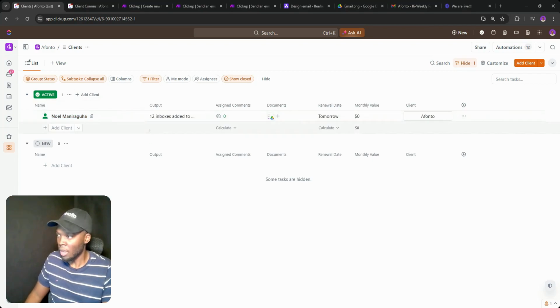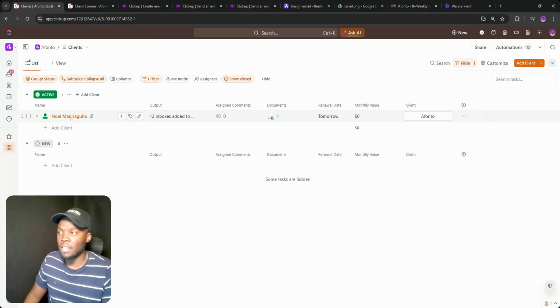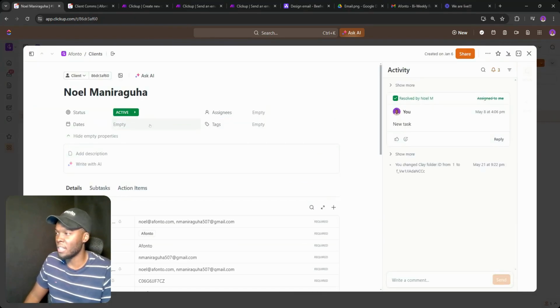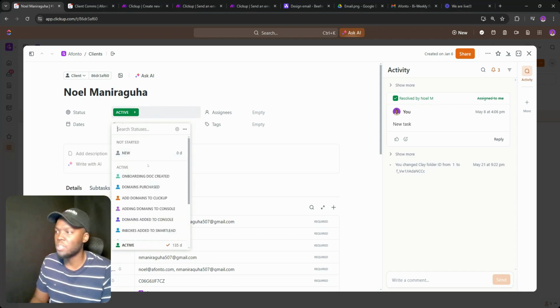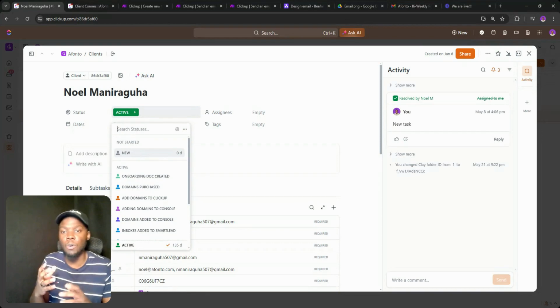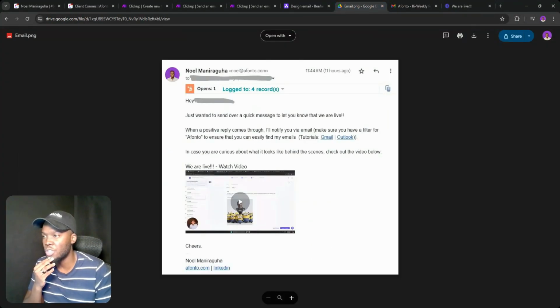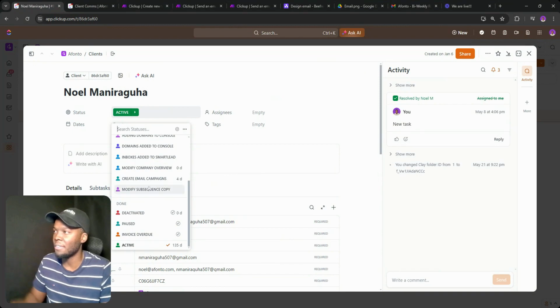And so what we've got here is a client database. When we navigate over to one of these clients, for example, I've filtered out most of my clients. We've got different statuses. And so these different statuses are going to have different things happening. And so the email that you've just seen over here, actually, you can't even see the subject line, but the subject line is like, we are live. That's what the subject line is. And so that happens